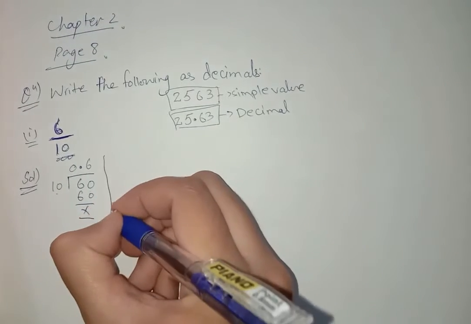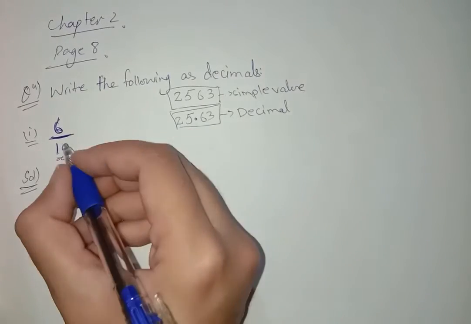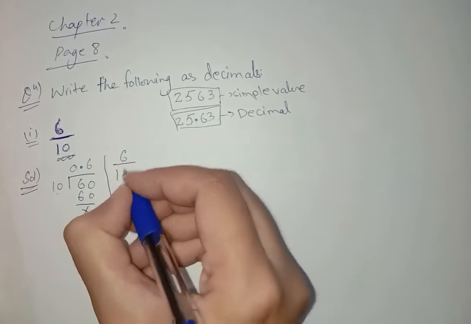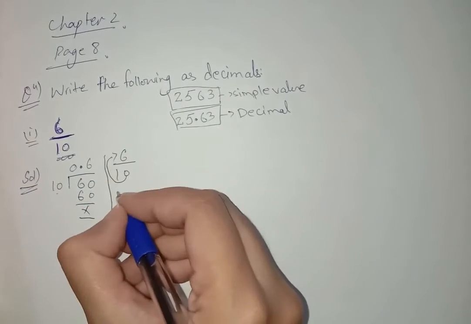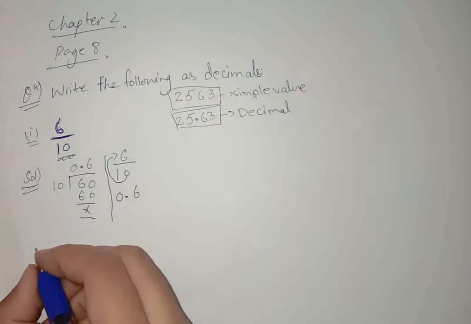Now move towards the second method. 6 by 10. There is one 0, so the 1 0 goes up. We can write a 0 point and 6. Now move towards the next question,